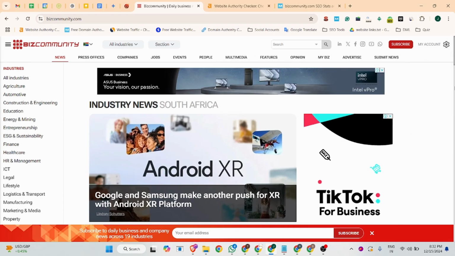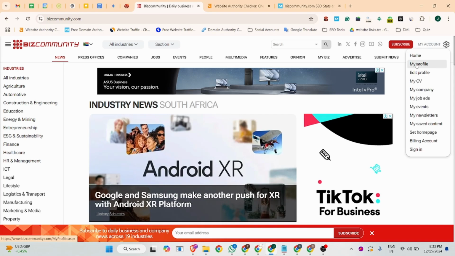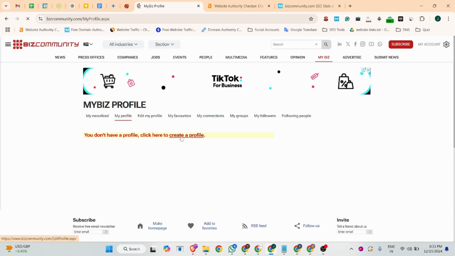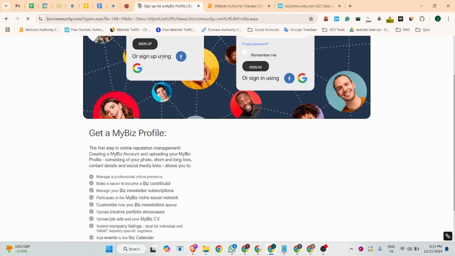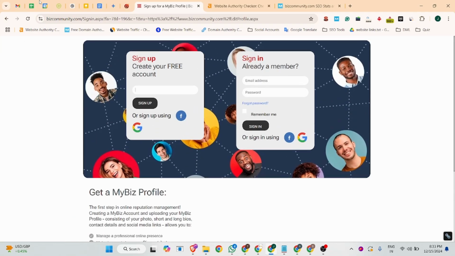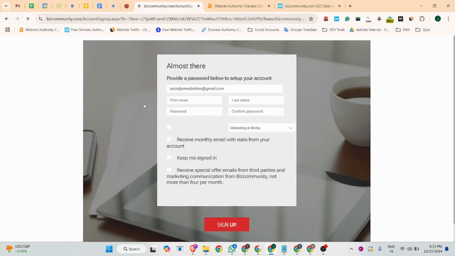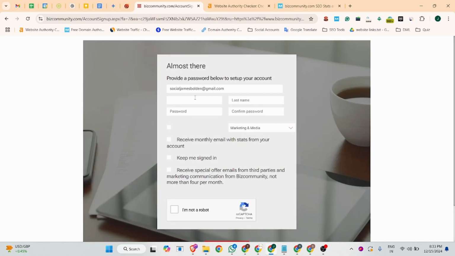So this is the website dashboard. You can hover on the setting icon, and you will see there is a my profile. You can click on this. You can click on create a profile, and there you can add your email address, and after that you can click on the sign up button. There you can add your login details. So the login details should be Mandeep Singh Sodhi,